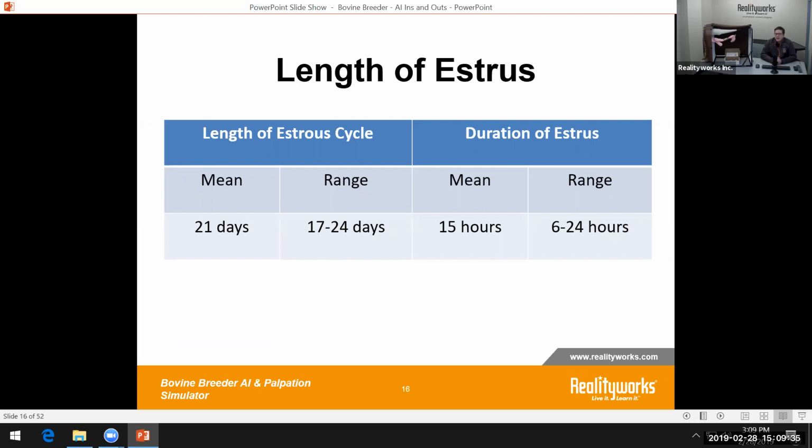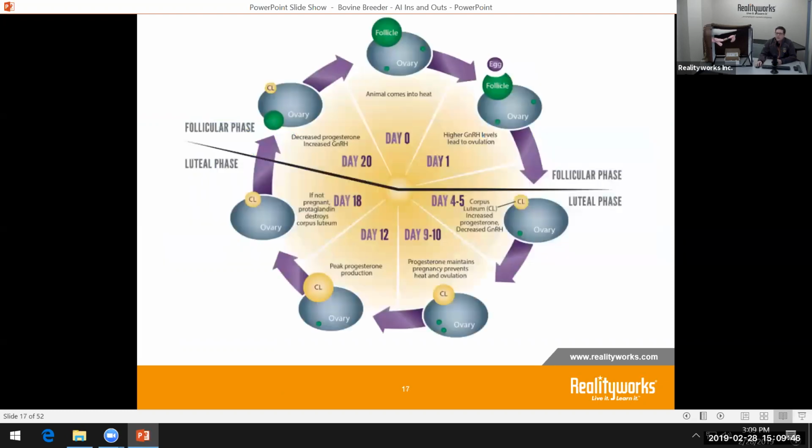Now, if you look at that, that means that you have to understand what you're doing. You have to be aware of what that cow is, when it's in heat, when it's ready to be bred, but also you have to understand the cycle and how it works. And so just to kind of show here, what we have included here is the cycle